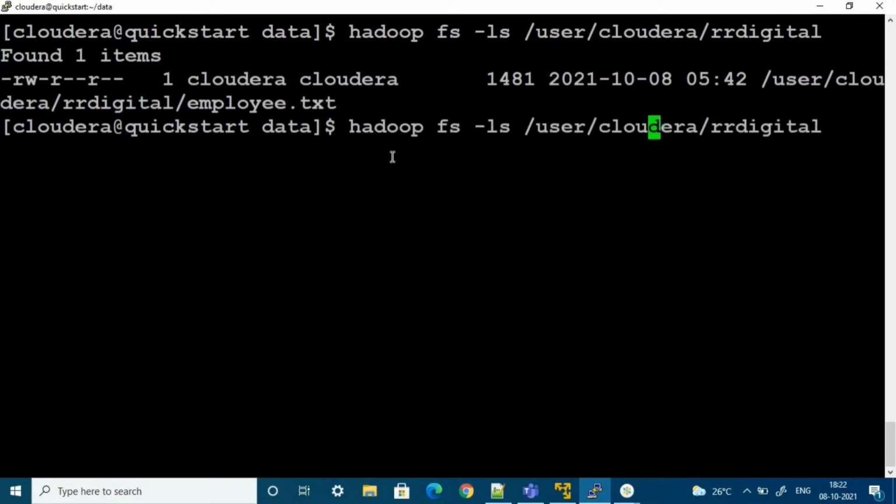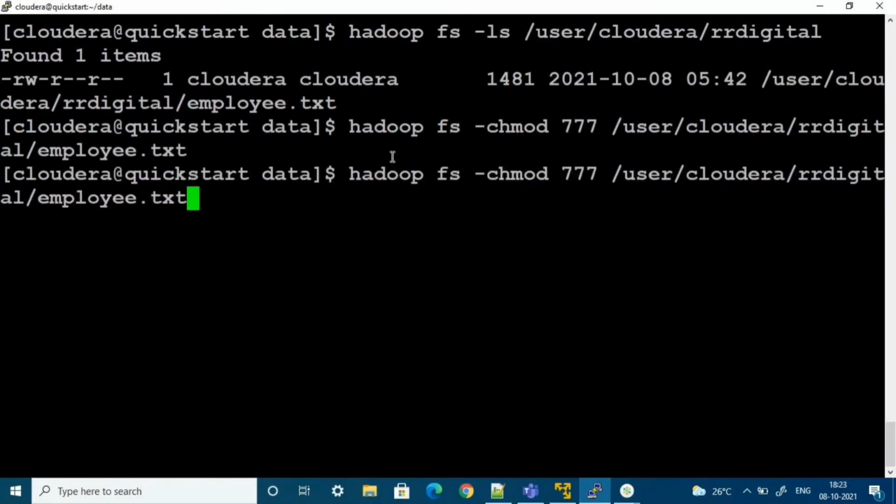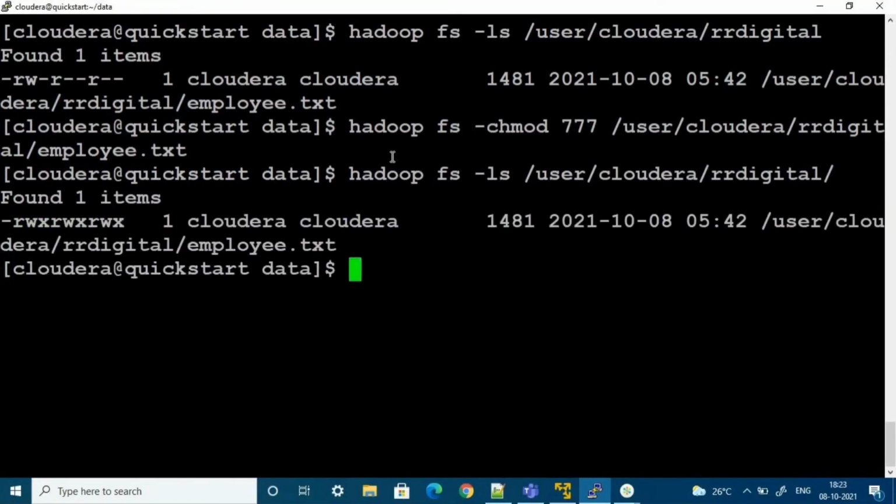Okay, so here chmod 777, chmod 777, and then your file name. So we'll cross verify whether full permissions are applied or not. Okay, so full permissions applied. So earlier these were the permissions, but now after applying this it is read, write, execute for all. Okay,